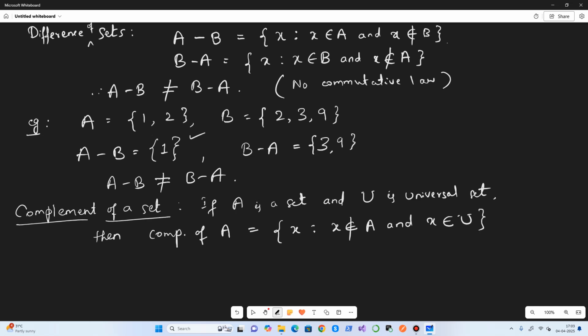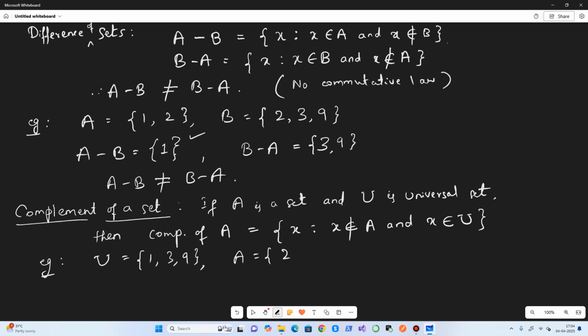What does it mean? The complement of a set is the set of elements which are not in A but which are present in the universal set. It means you collect all the elements which are not in A. Say for example, let's take the universal set U as {1, 2, 9}, and A as {2}.